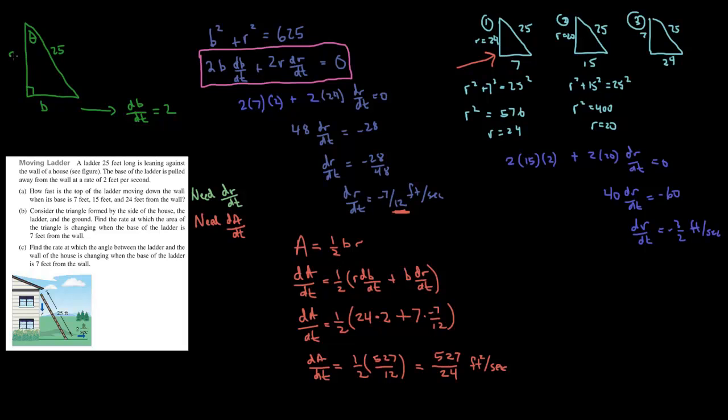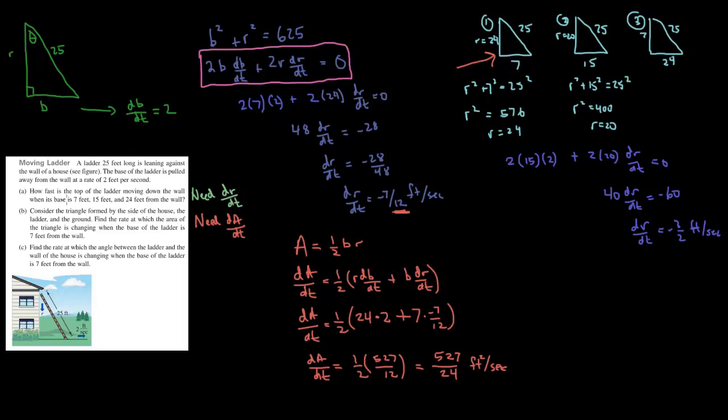Now we could use B and use tangent. I think we could get away with actually just relating R, because we're told when it's 7 feet away from the wall. We've analyzed the situation enough that we don't even have to use tangent. Typically, I would want to relate these variables, theta, R, and B, but I think we could probably just get away with, actually, let's use